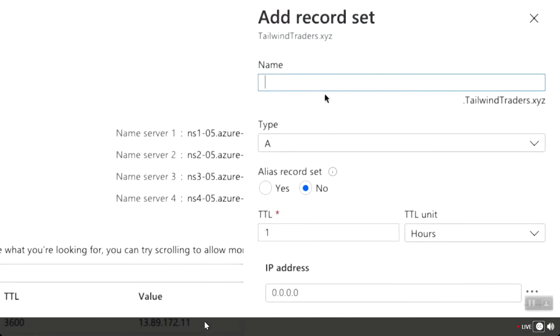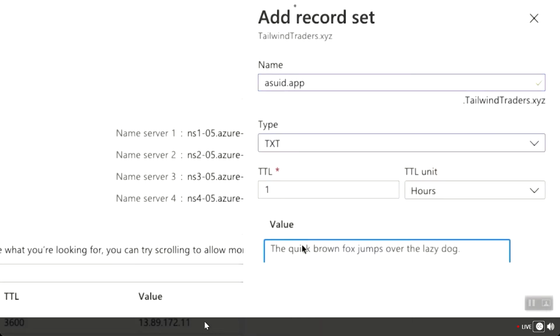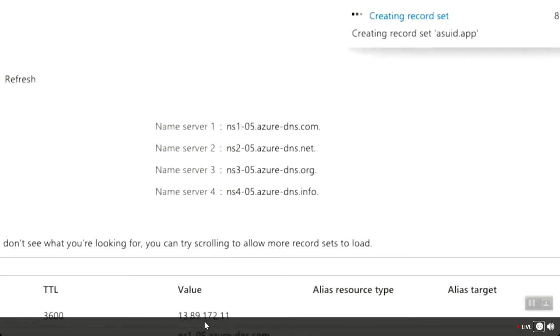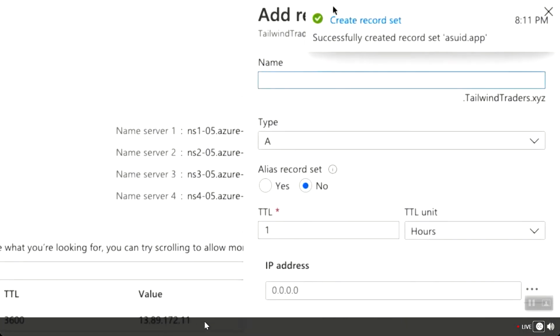We add a new record. We are going to call that asuid.app, and that's going to be the same one for both. And then we add a text record, which is going to prove that we actually own this domain. All right, let's go. And now if I add a new record set, and this time we are going to add the CNAME,